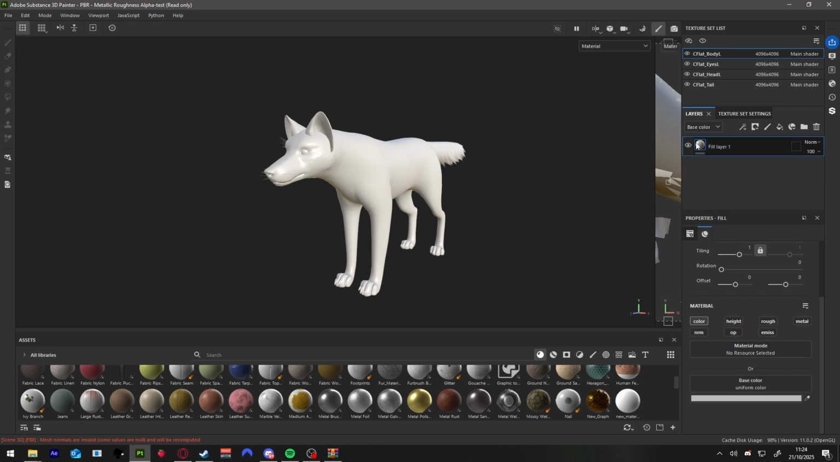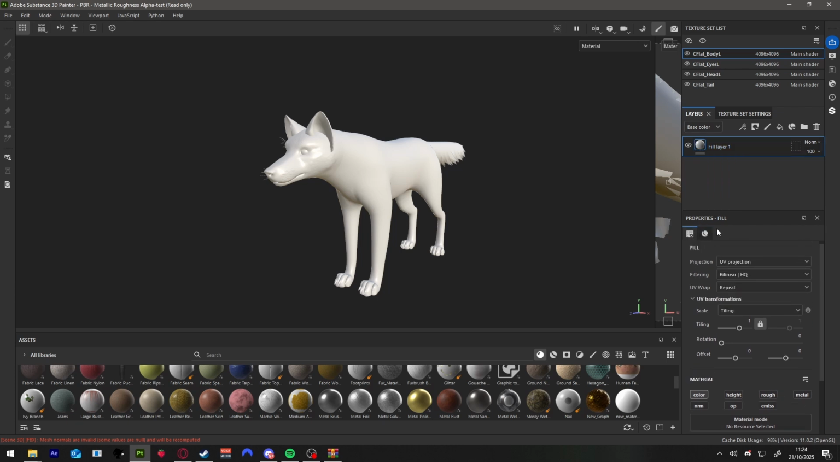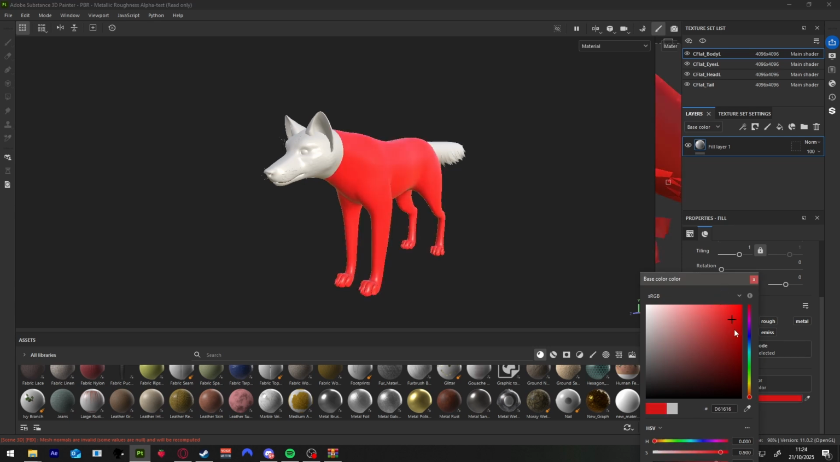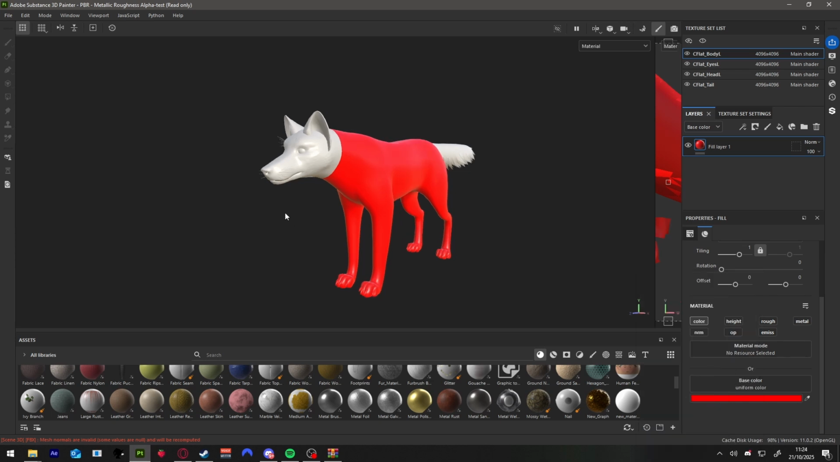What you're going to do with this fill layer is come down here to the properties of the fill layer. You might be here originally. Just click on this little ball with the sphere inside of it. Click on the gray color and you can change the base color. If you don't like the glossiness of this, if it looks too glossy for you, what you can do